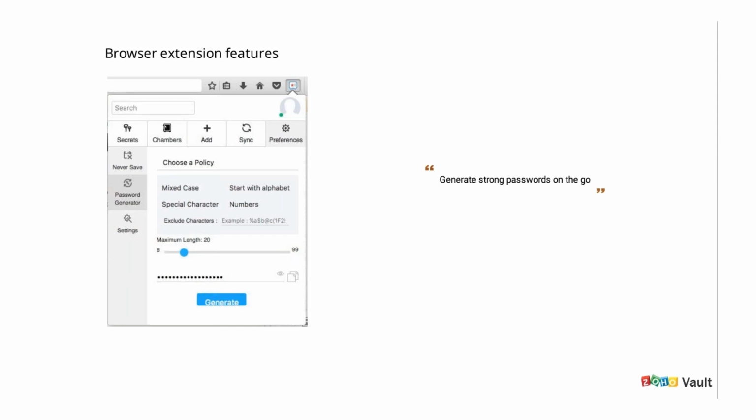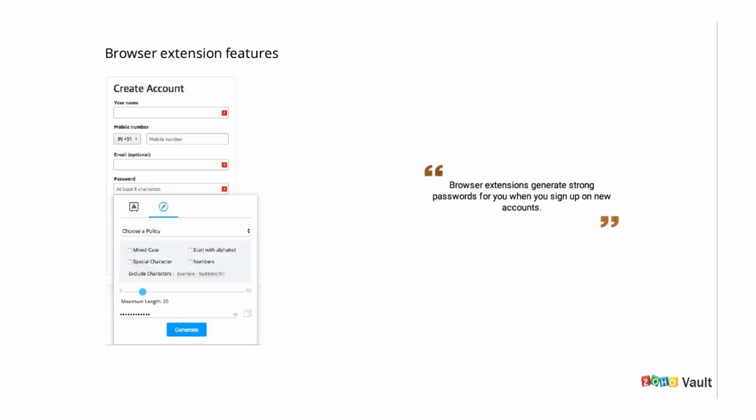Another option that you would see is whenever you go to any sign up pages, if you've already installed our browser extension for that particular browser, you will be seeing a Zoho icon on all fields of the sign up pages. If you click on the icon, you will be allowed to auto generate passwords of whatever length you would like, and you can auto populate that password onto the password field, and you can instantly sign up.